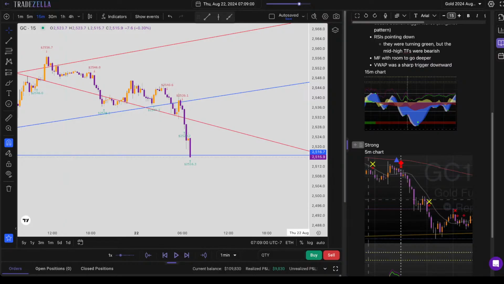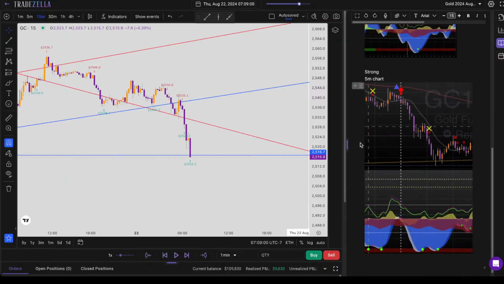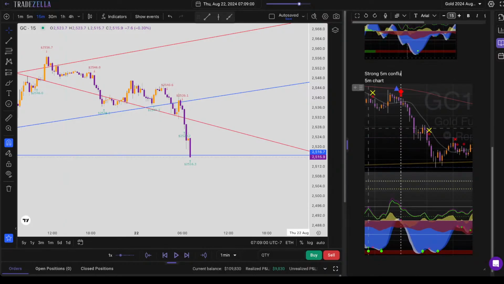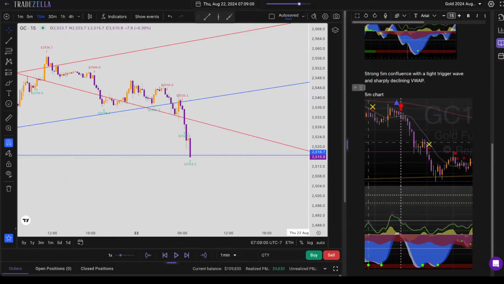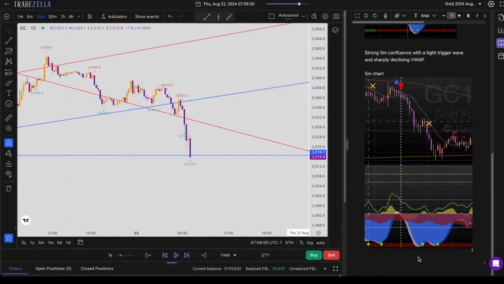Strong 5-minute confluence with a tight trigger wave and sharply declining VWAP. Yeah. Facts. And really just during the trade, easy. During the trade,